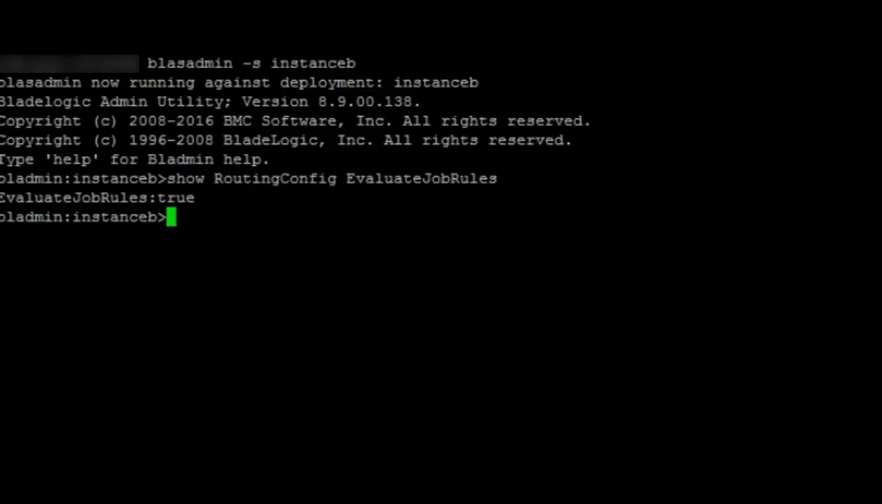If I need to set it to false, I need to do a set routing config evaluate job rules, and I could set this value to false so that the job execution rule will be disabled, and for this an app server